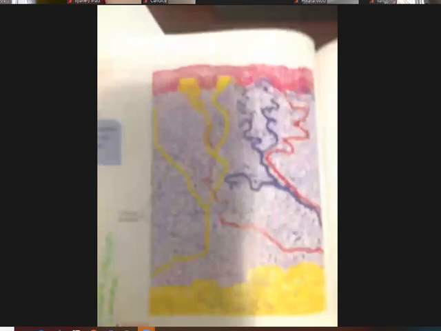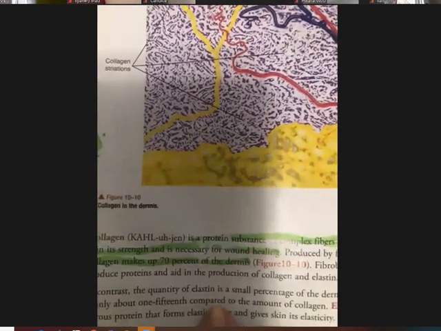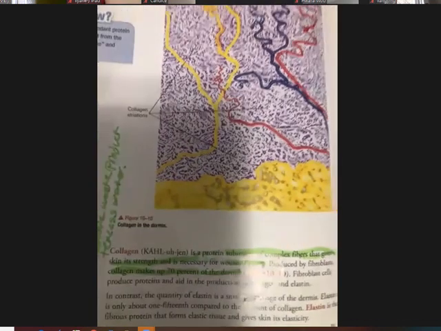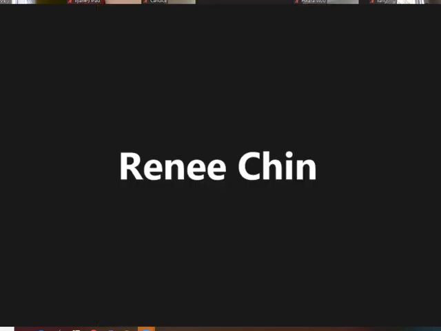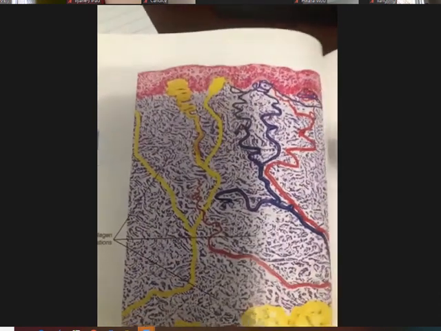as you can see here, it says that the elastin is only 1/15 compared to the amount of collagen. That means what? If you talk about percentage, the elastin is about 7% only. So the whole dermis, 70% is collagen, about 7% is elastin. Okay, so